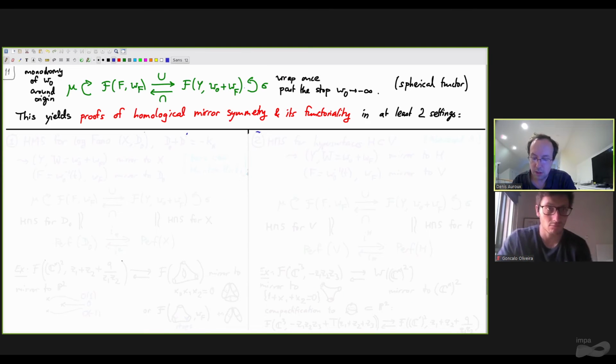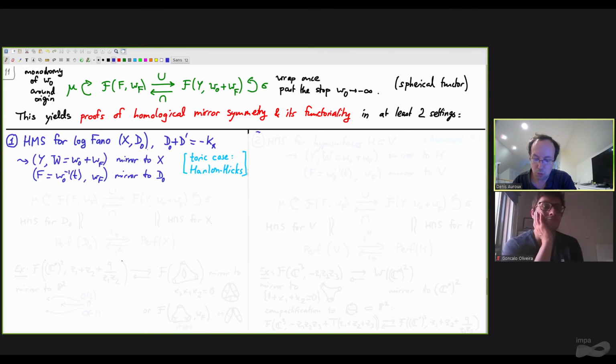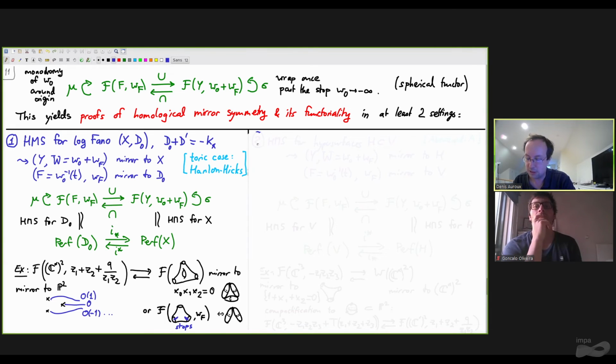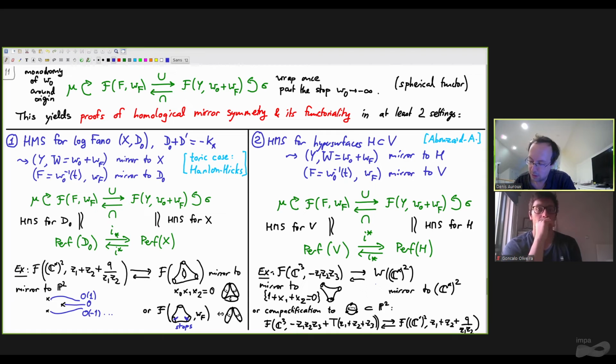Should end soon. Well, this is useful because it gives proofs of homological mirror symmetry and of its functoriality in different settings. Let me just reveal the whole thing. So this is the setting I was explaining before, but there's another easier setting, maybe a more classical setting, for what I would call log Fano varieties. So maybe I should